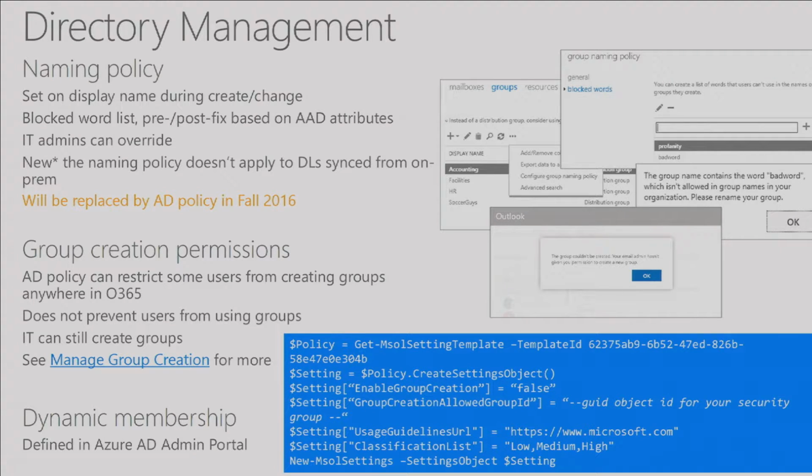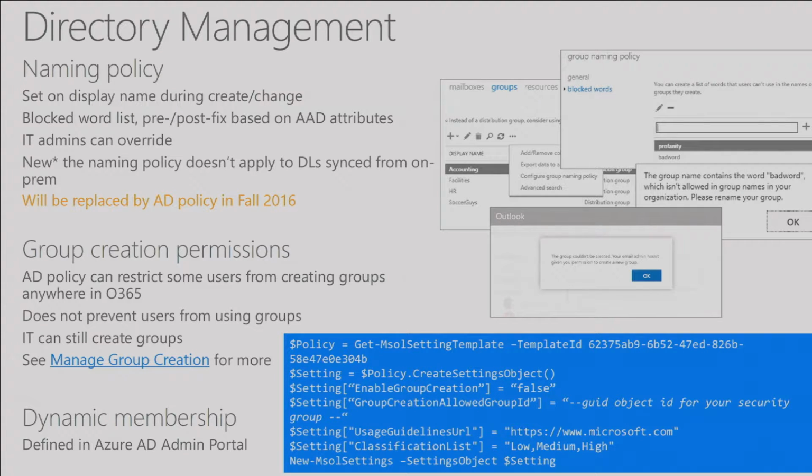Some feedback we get from large customers is that they want to enable people to create groups on their own, but they're worried about what the effect of the masses creating groups may do to their directory. And the answer to that we have today is the notion of naming policy. With naming policies, presently configured in Exchange Admin Center, you can define a policy that appends a string and/or a user property to a group. And what you do with that is, if you say you want to open up creation of groups to your entire organization, but you're worried about the marketing team in Tulsa taking over